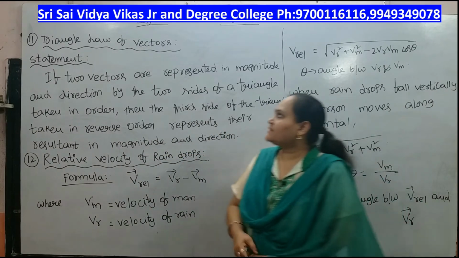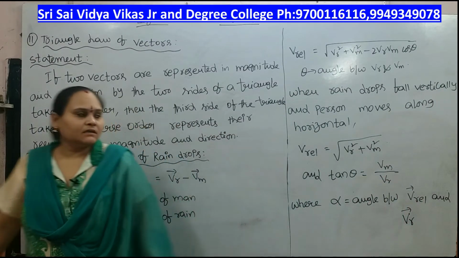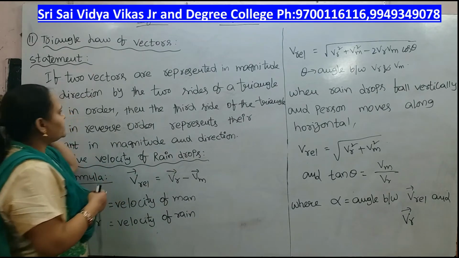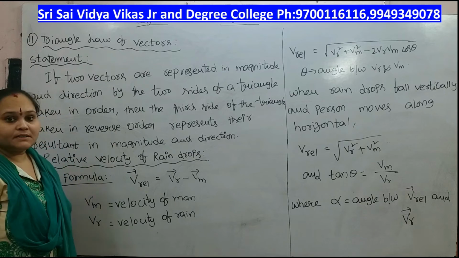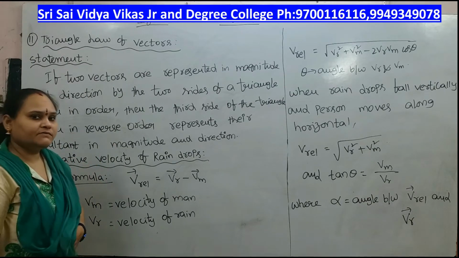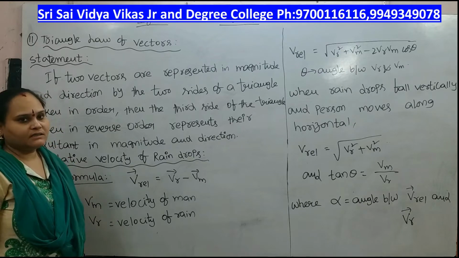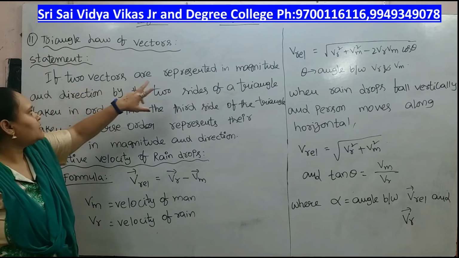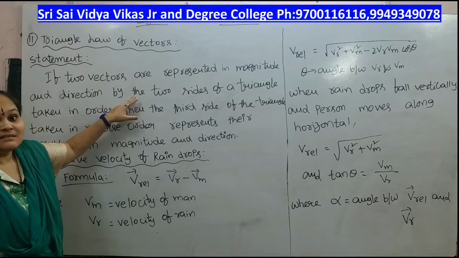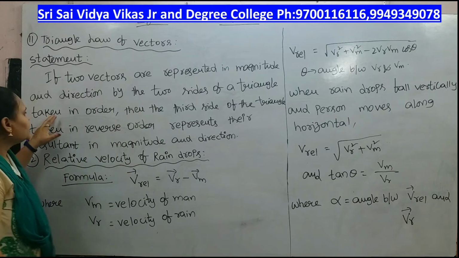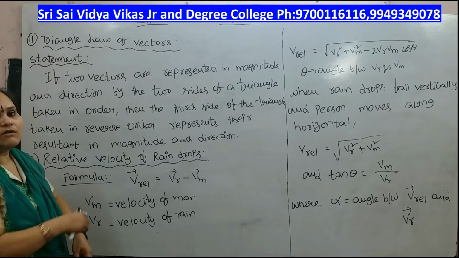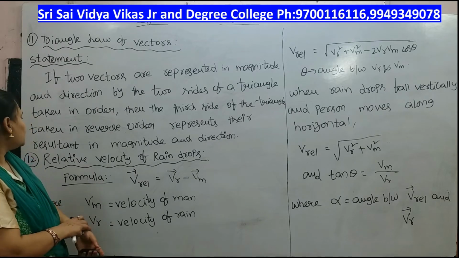And the next topic is the triangle of vectors. The statement is, if two vectors are represented in magnitude and direction, in the parallelogram case also we are taking two vectors A and B, those are the adjacent sides of a parallelogram and R is the resultant. Similarly, in this case if two vectors are represented in magnitude and direction by the sides of a triangle taken in order, then the third side of the triangle taken in reverse order